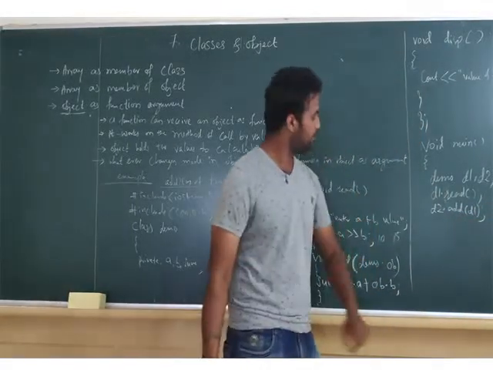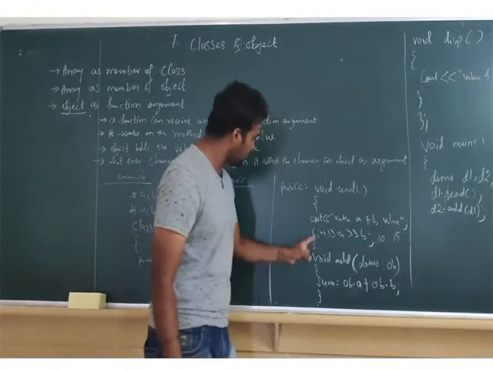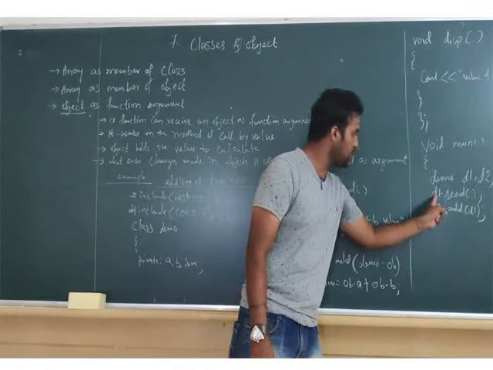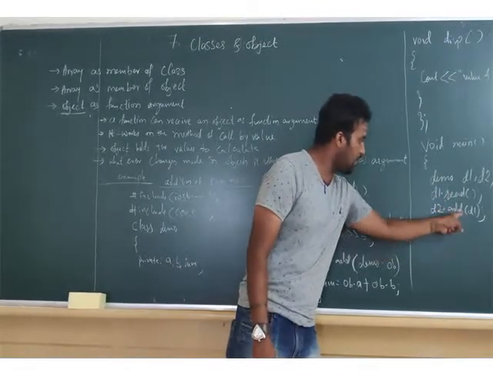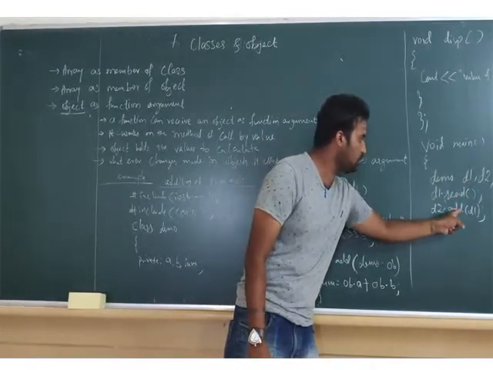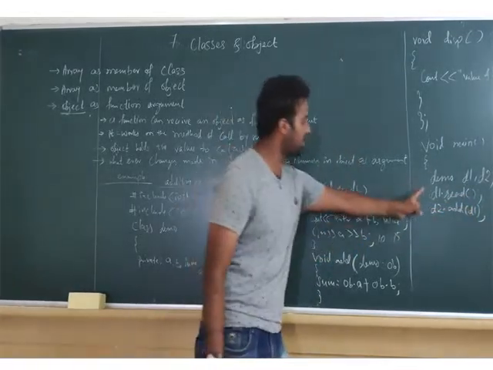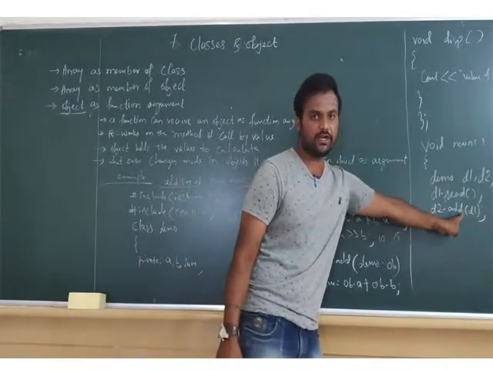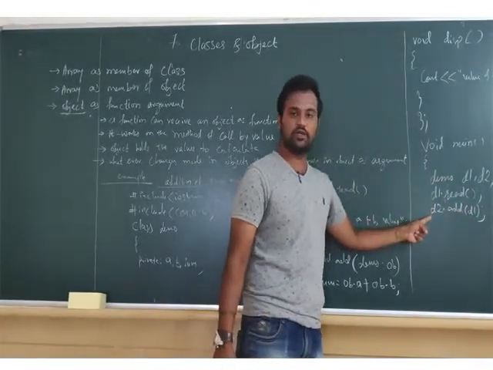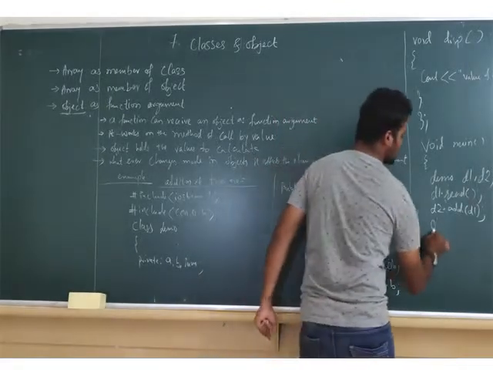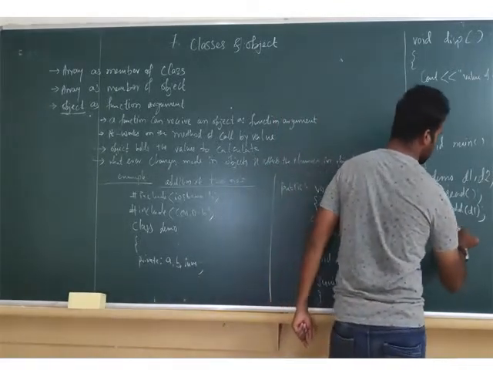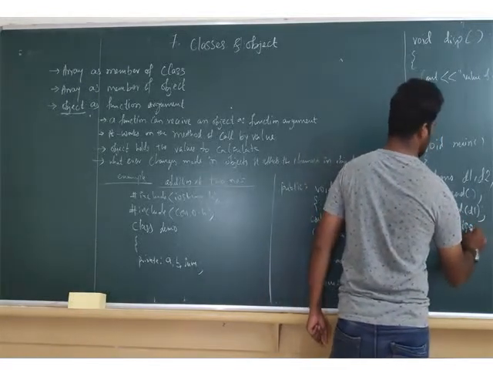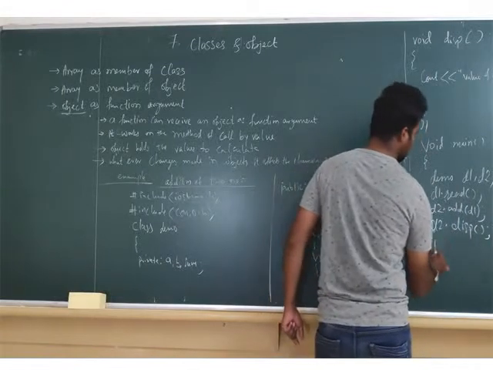Here what I did, d1 we have already repeat function, means a and b value already stored in d1. Now d2 dot add means add the values whatever you have got in d1. d2 is going to add it, and after adding d2 got the answer. Then we are going to store the answer in d2 dot display. d2 dot display.